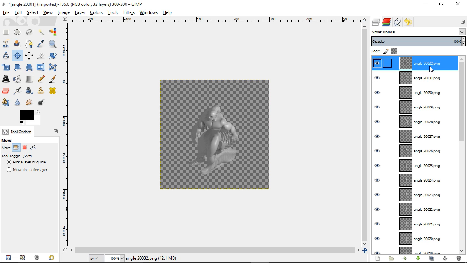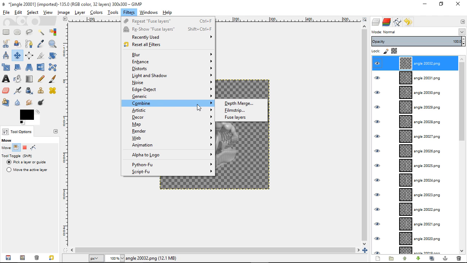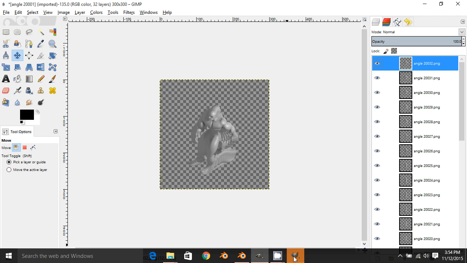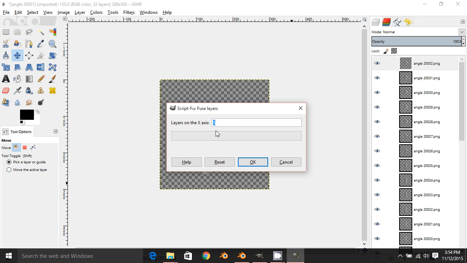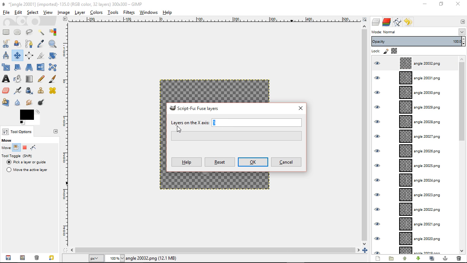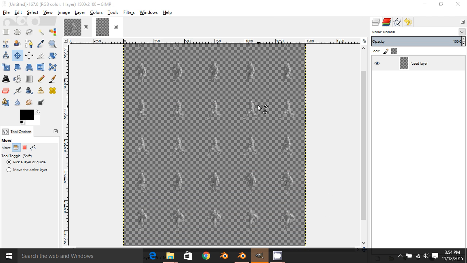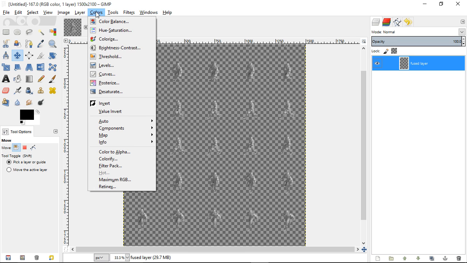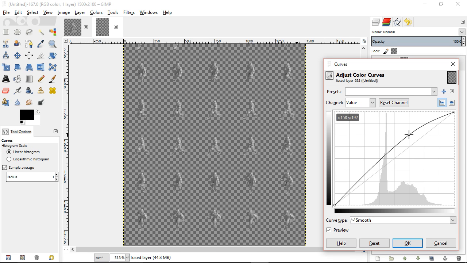So then with the top angle selected of angle 2, I'll go to filters, then I'll go to combine, and then I'll go to fuse layers, then select that. This prompt pops up telling you that Gimp wants you to work with this panel. It's asking me about the layers on the x-axis. I want 5, so I'll select OK. So then here are the new images for angle 2, and then just like before, I could select the fuse layer, go make some color adjustments,